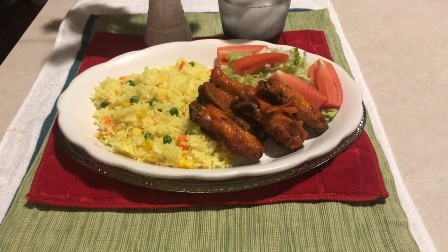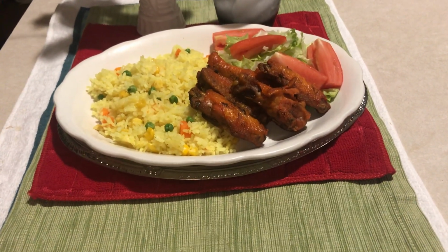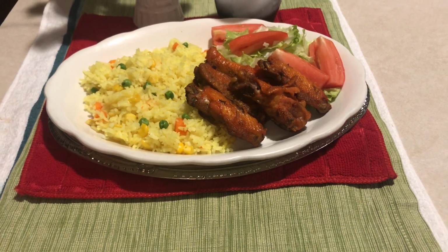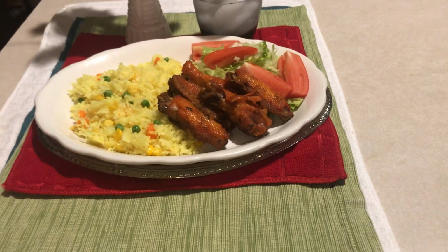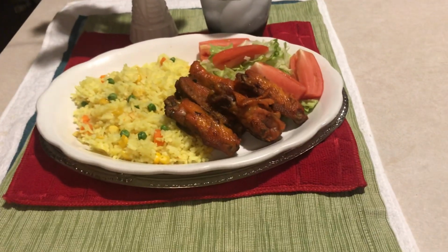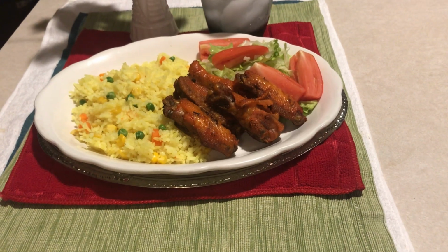So what I have here is some Chinese rice, and don't think I go out there and buy it. I know how to make Chinese rice because my daughter's father is Chinese. However,